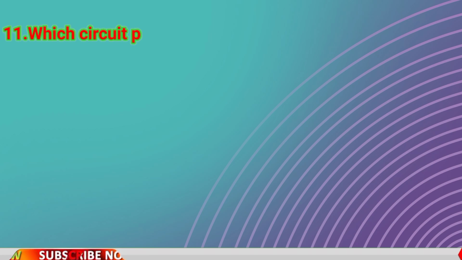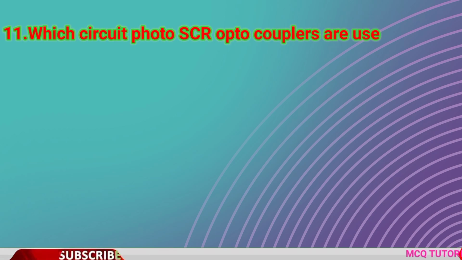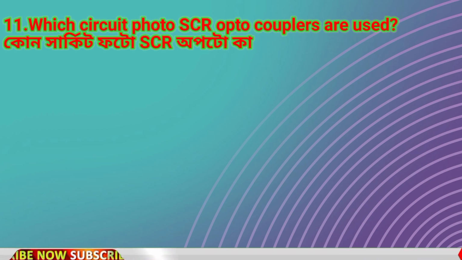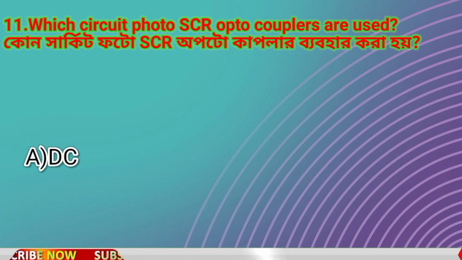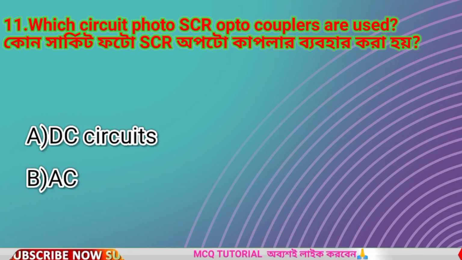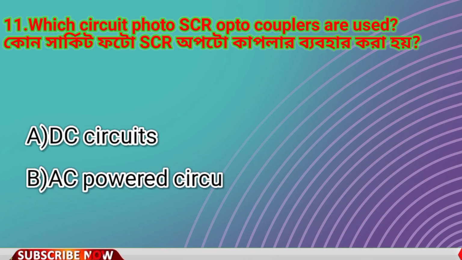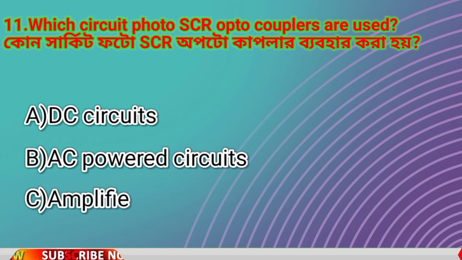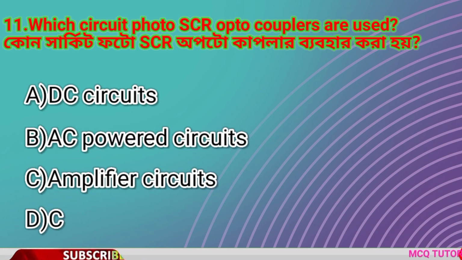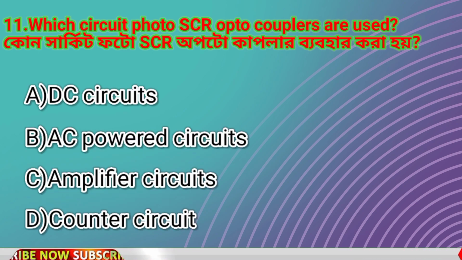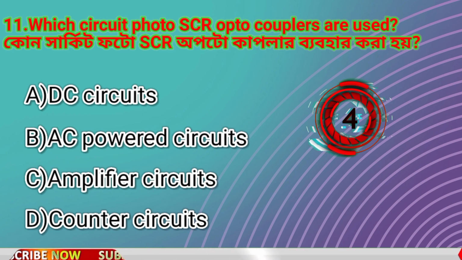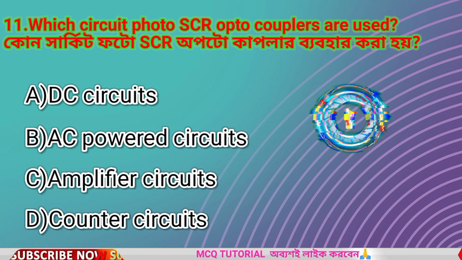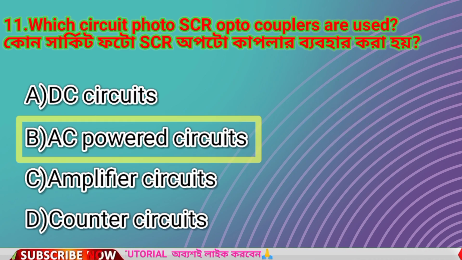Which circuit photo SCR optocoupler are used? Option A DC circuit, option B AC power circuit, option C amplifier circuit, option D counter circuit. উত্তর হবে অপশন বি এসি পাওয়ার সার্কিট।